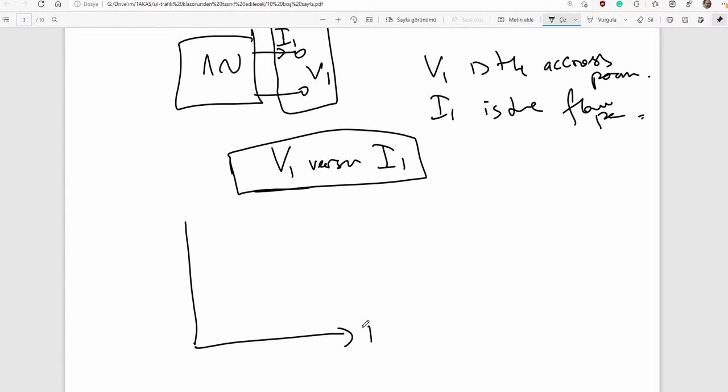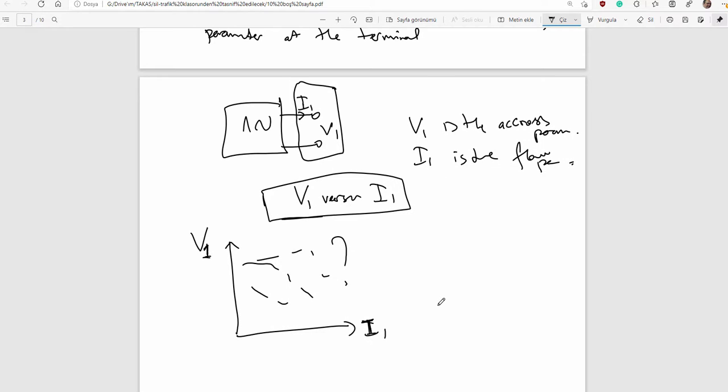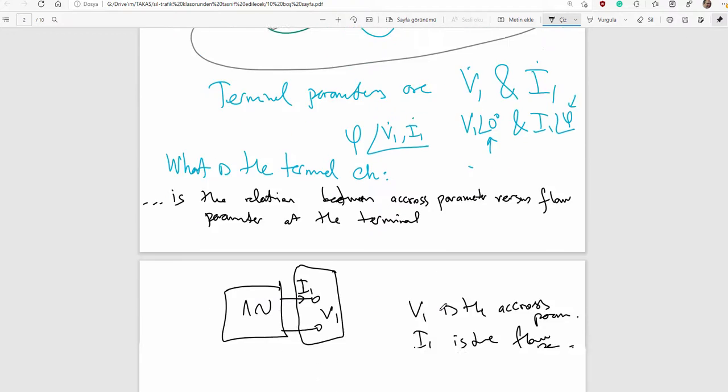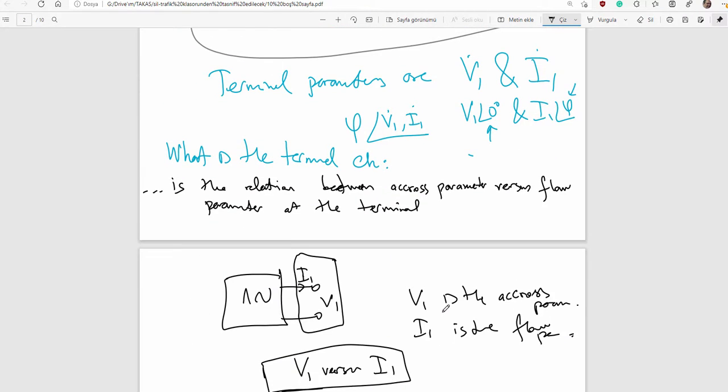I mean, here is current. Current changes voltage. Voltage has some change due to current, and what the relation is. That is the terminal characteristic, output characteristic, or external characteristic of synchronous machine. Some books say different. I recently prefer terminal or output